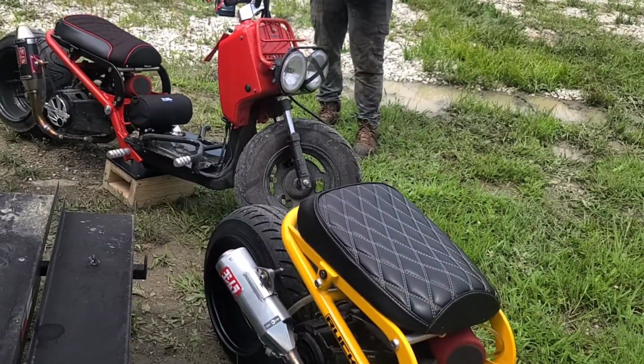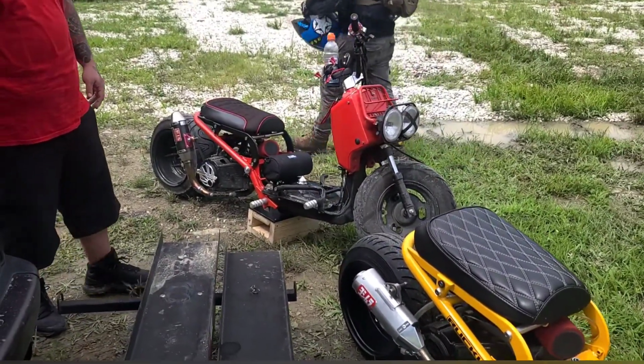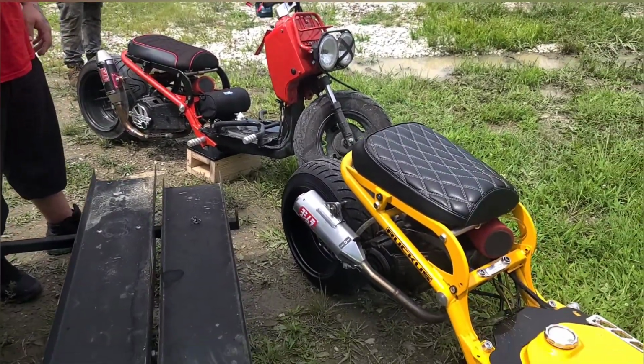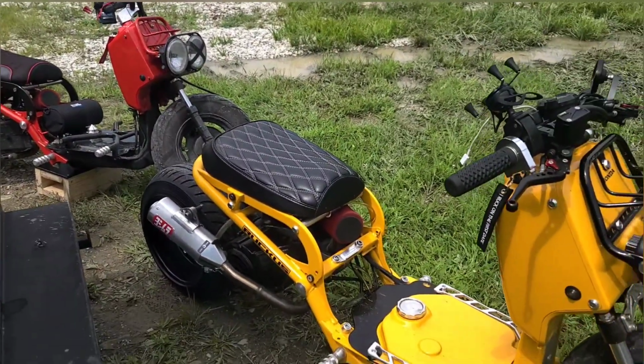Thought about air ride. I'm just a bigger guy, so we're gonna play around with that idea. That's a good idea, dude. I've been seriously thinking about it a lot too. Like, air ride would be sweet on one of these. And it's really kind of give or take with what we do, because we take these